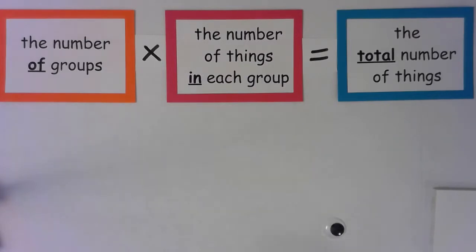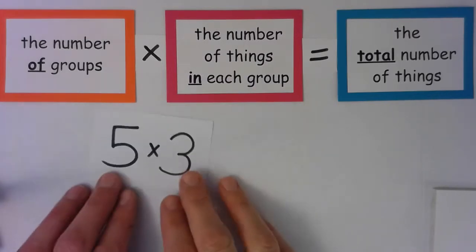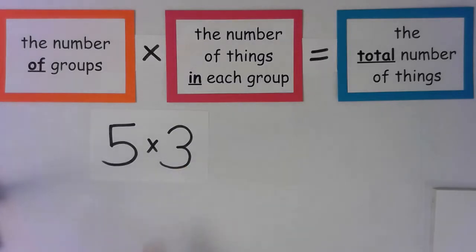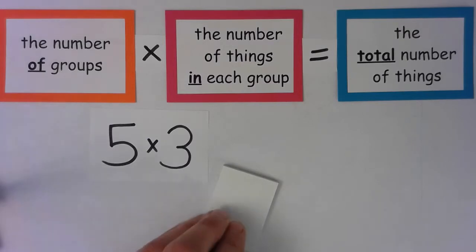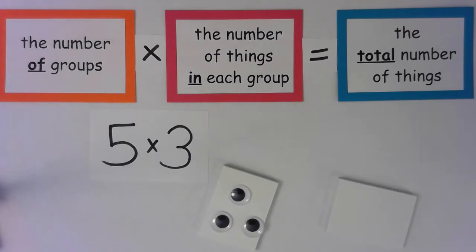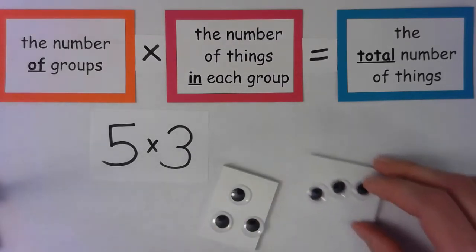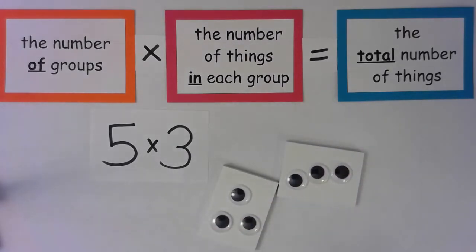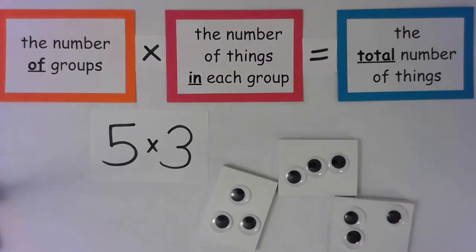Let's do another example. What is 5 times 3? Well, 5 groups of 3. Here's one group. I can even do it like this. Here's one group of 3, a second group of 3. This can be helpful, this exact language I'm using. A third group of 3, a fourth group of 3,